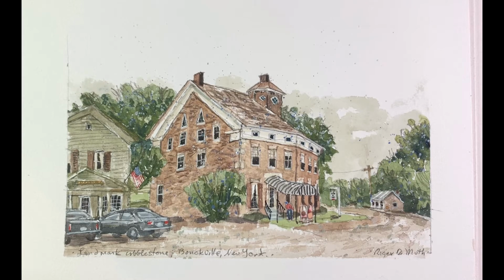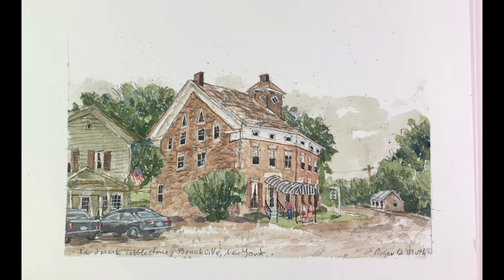Most of my work has an ink line around it, and I wanted to get away from that for a little bit. So I switched gears, and all of these paintings have a light pencil outline, but no ink. It's a small change, and I'm not sure it's permanent, but I just wanted to try it. And then I'll show you some more later on of